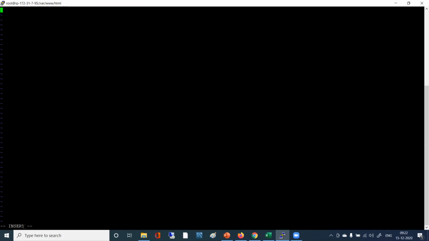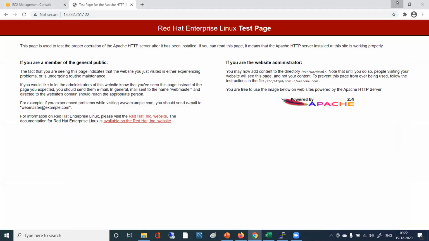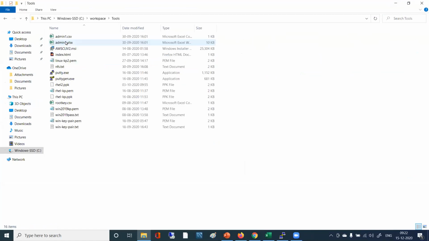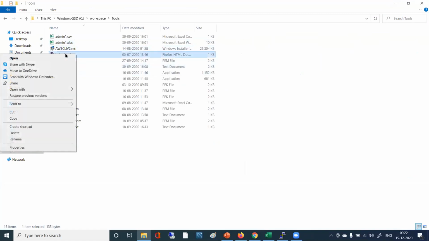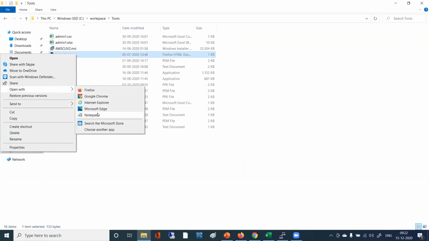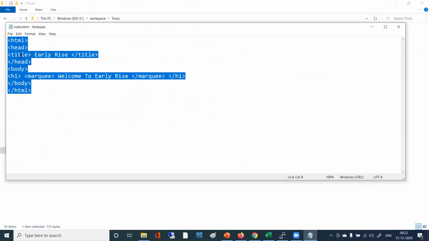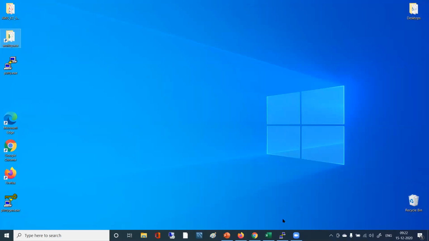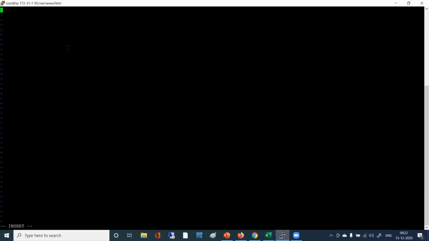Yes. Correct. Perfect. Now, as Dharma suggested, what we should do? We go and take that index.html file. Right click, open that in a notepad or something. Yes. Okay. Now copy this. Open with notepad. Copy. Okay. Close this. Come here. Right click.